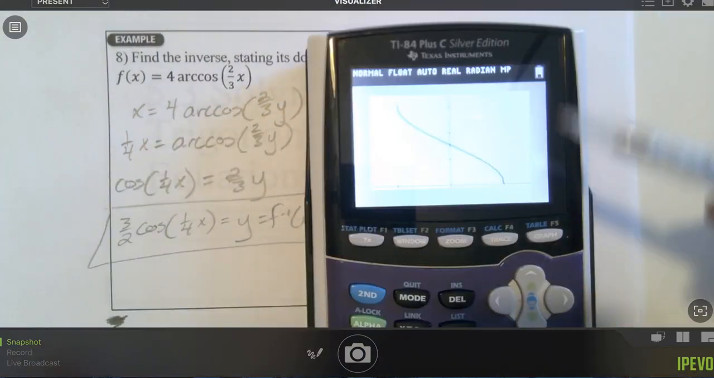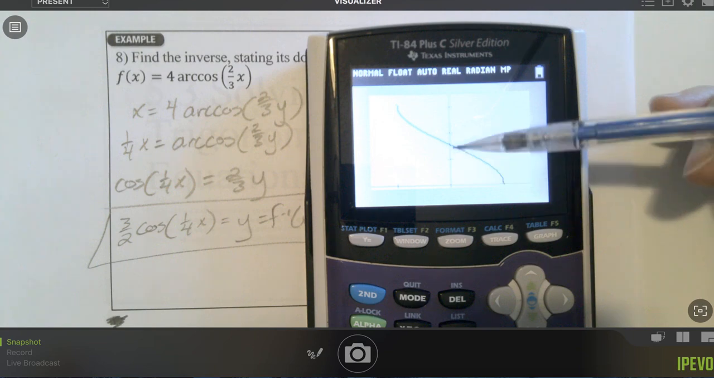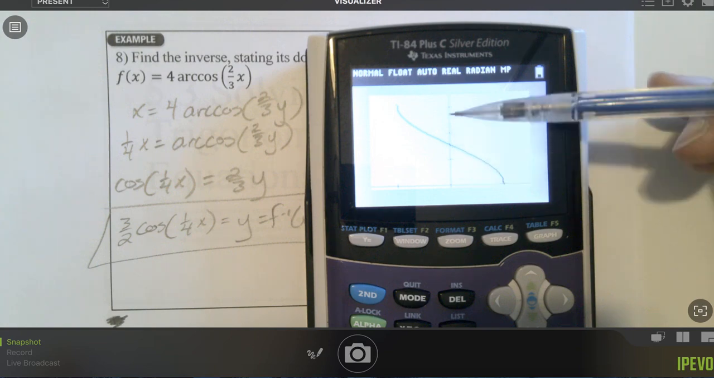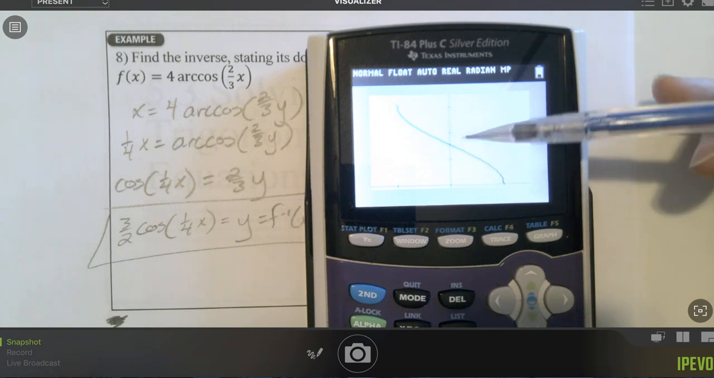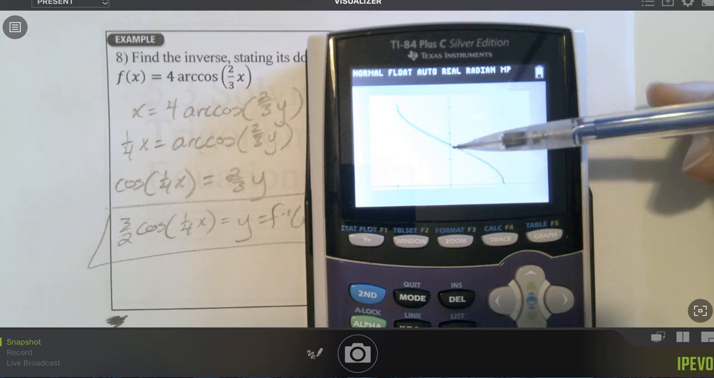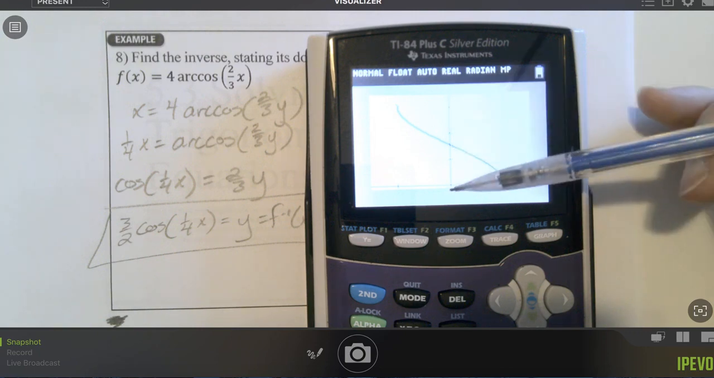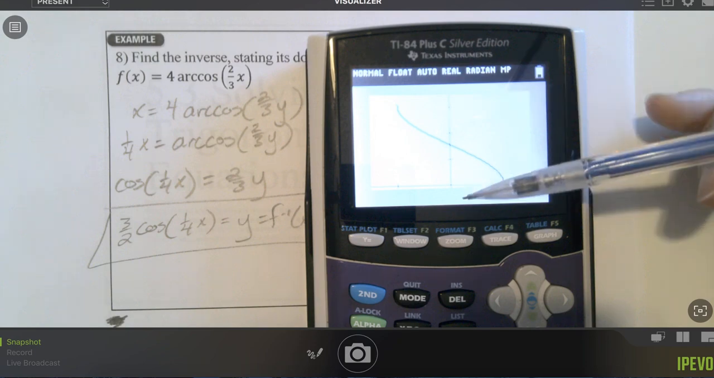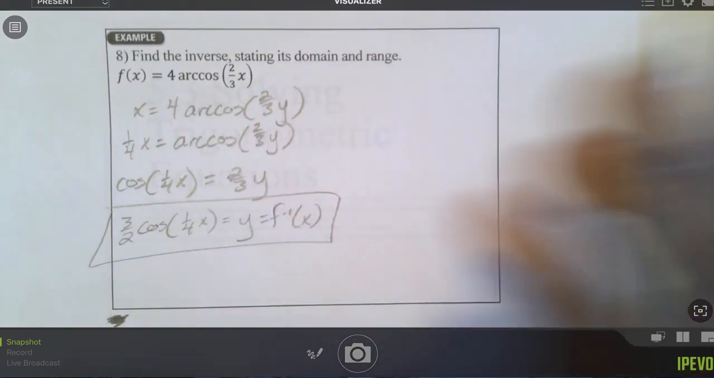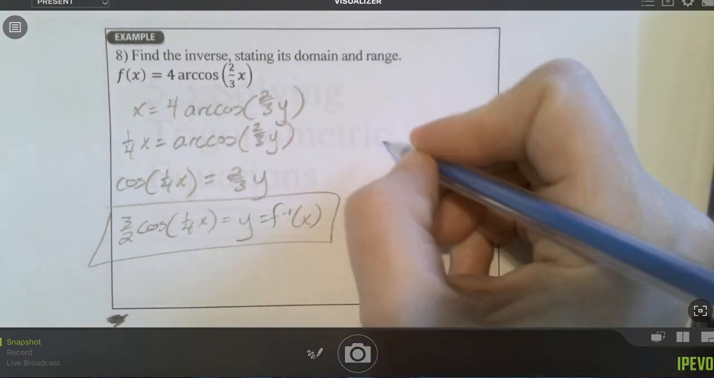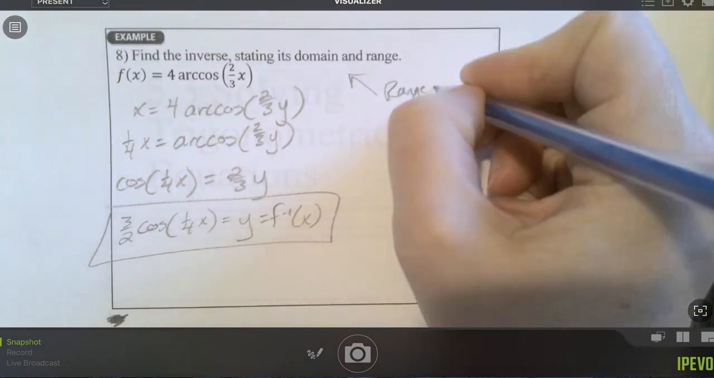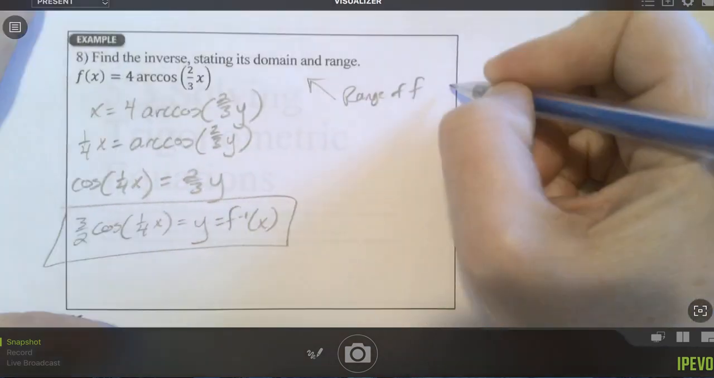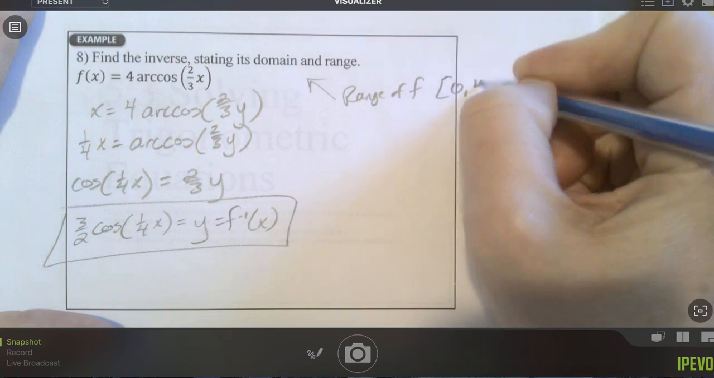So if you think about stretching this graph vertically, that's of course going to change the range. So by multiplying everything by 4, it's just going to pull it up, so instead of going from 0 to pi vertically, it's going to go from 0 to 4 pi. So for this one, the range of f would be from 0 to 4 pi,